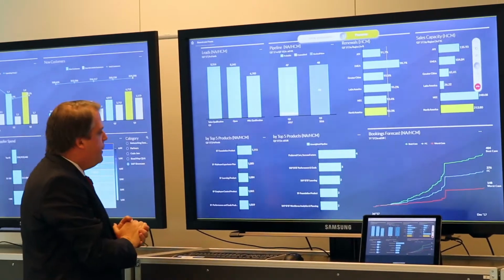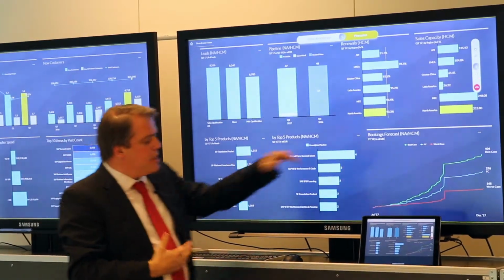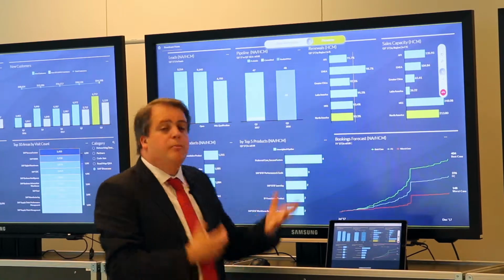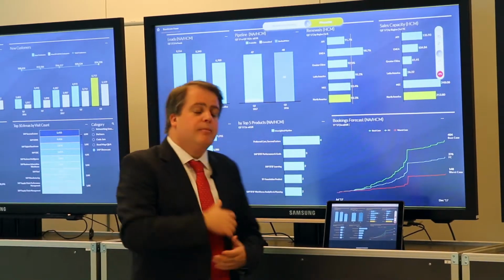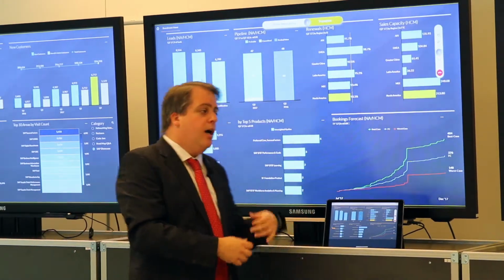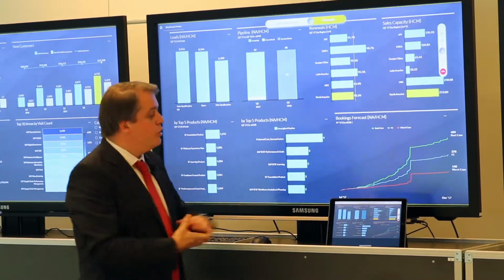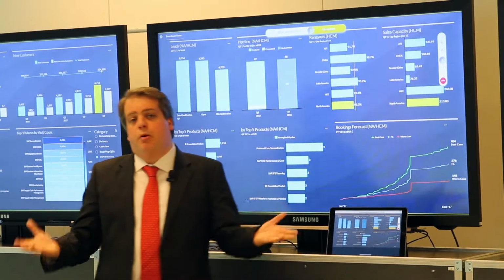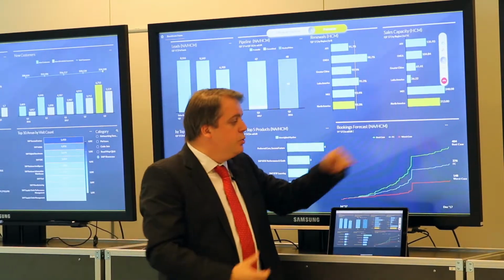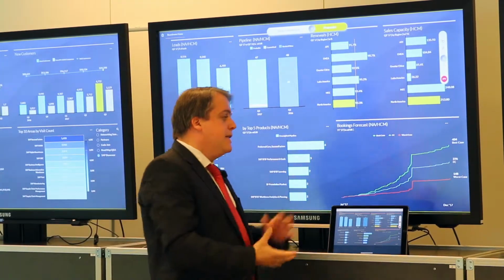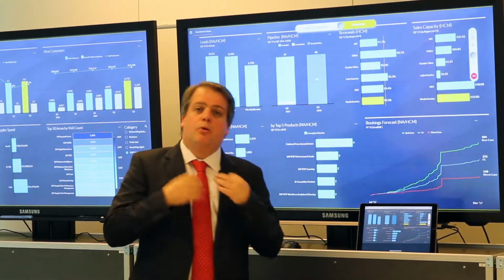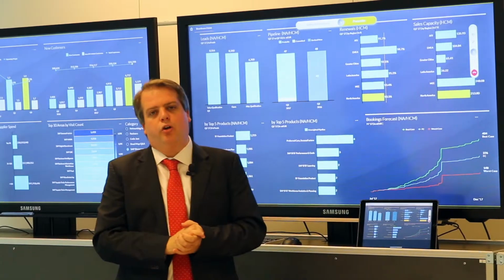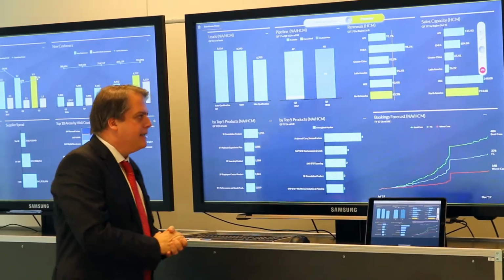We have a number of leads. We can see our top product. We can see our forecasting. So it's an automated forecasting. It's not manual forecasting. It's really the system that, based on historical data, will predict the future in an automated way. And thanks to the power of HANA, we can do not only a forecast, but a best case and a worst case, because we do our predictive not on aggregated data, but on raw data, which gives us a much more precise predictive.